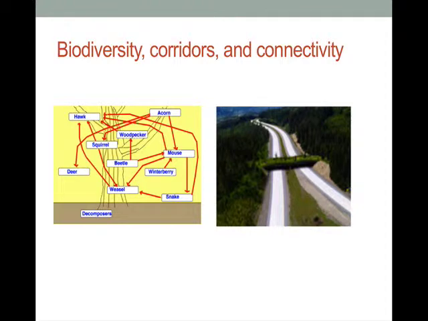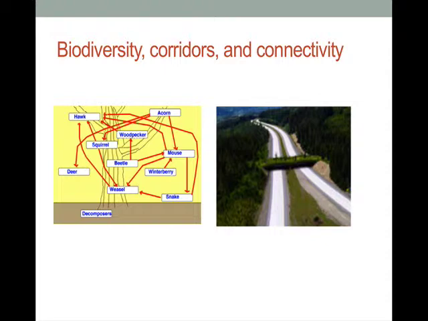Another thing we might want to have out of the natural resource in this area would be to maintain biodiversity. And the biodiversity leads to a healthy ecosystem for the trees, pollination for the plants, and obviously in the lake, the biodiversity is going to be a wild fish source. And you can see this biodiversity, we're talking about sort of a network model of that, and we might have to maintain corridors and connectivity.